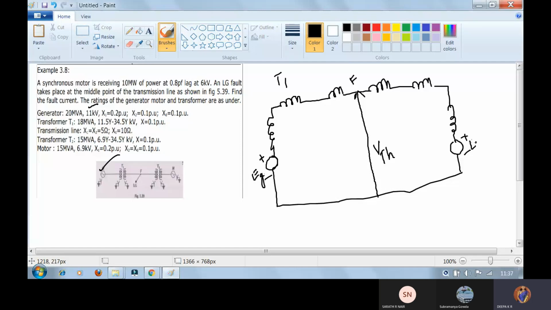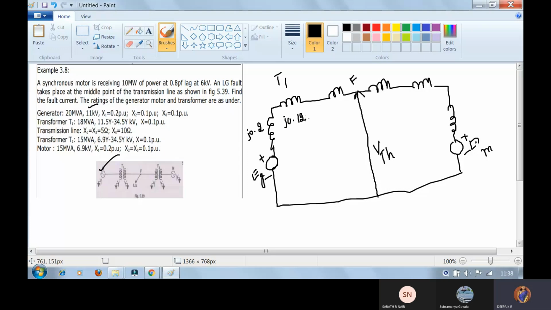So can you start telling the values with respect to each case? Generator reactance for positive case. Positive means wherever you have an x1 value, that you have to tell me. First one. Generator positive sequence. Please, can you go back and tell me the answer? X1 value. That is j 0.2. Yes, it's correct. Then come to the part of transformer 1. Transformer 1, X1, X2, X0, all are common value. So no need to take tension. So write directly it as 0.12.